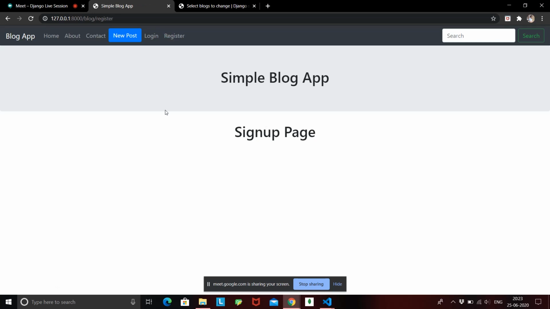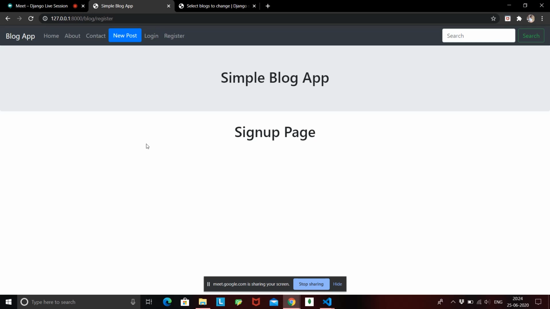So now we have to create a form over here. We'll complete the register first. We have to create a form that is going to take data from the user, right? And what is the data that we need? Suppose we need username, first name, last name, his email ID, his password, and re-enter the password, like all those things, right? So we'll be needing it over here.